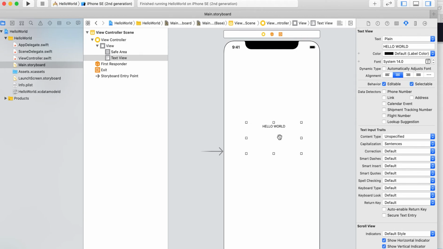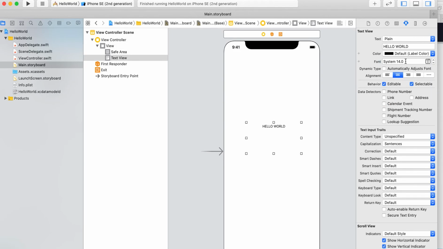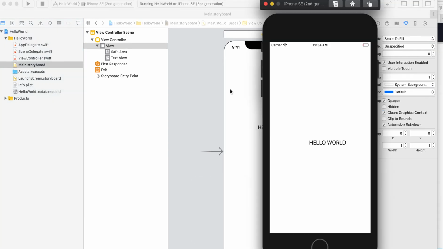I'm just making it in the center, and I'm also increasing the size. It's 20. And when we run this application, it succeeds, and that's how we succeeded in making our first application.